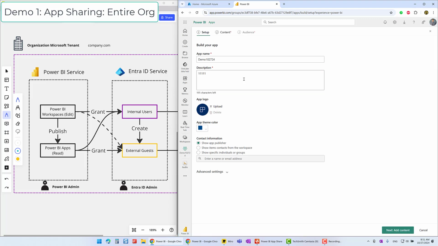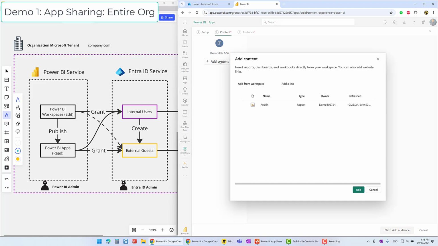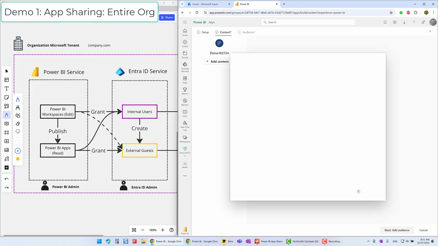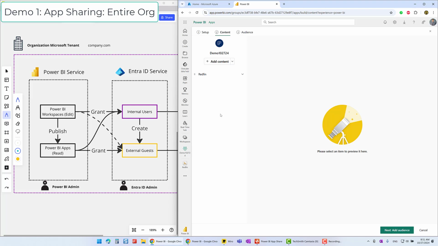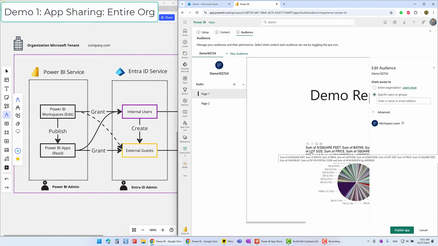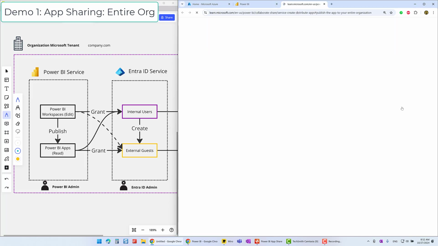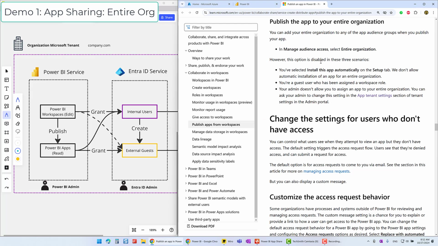Then I type in my description, go into the content, and I'm going to be adding my content here as my report. And then the last part is I'm going to the audience. This is where let's have this discussion. The first thing here is the entire organization granting the access to. This one, if you click more to the Microsoft documentation, unfortunately, they didn't explain too much about the entire organization